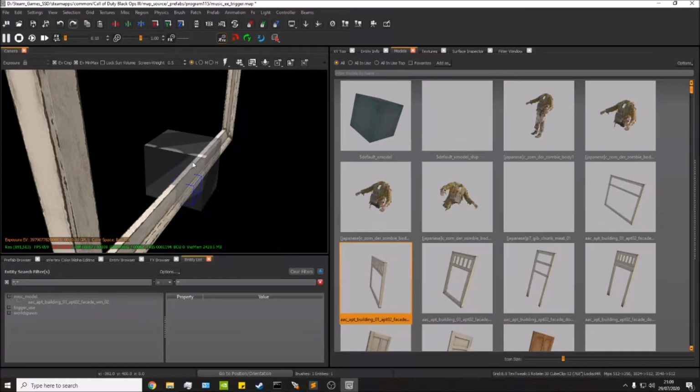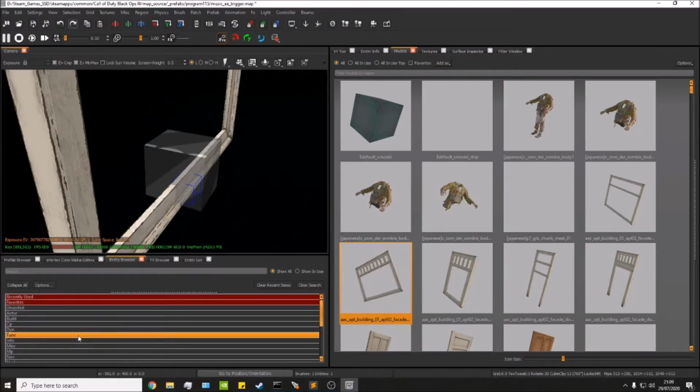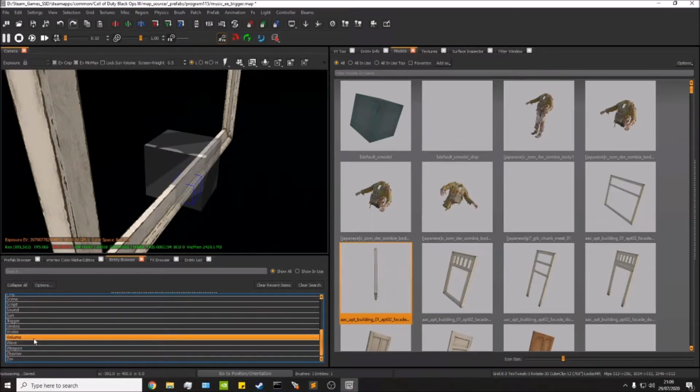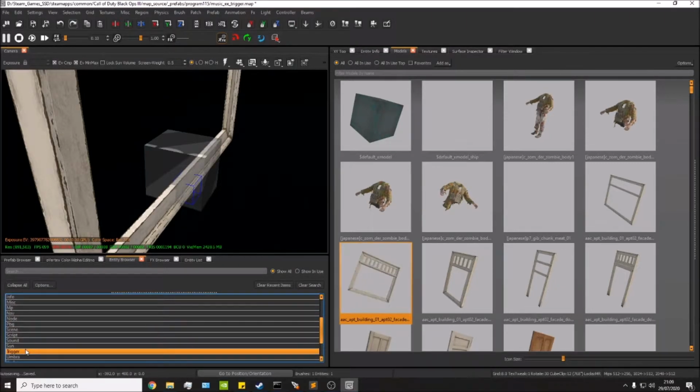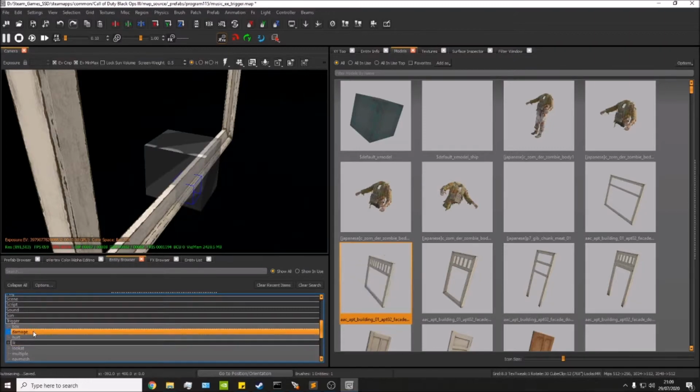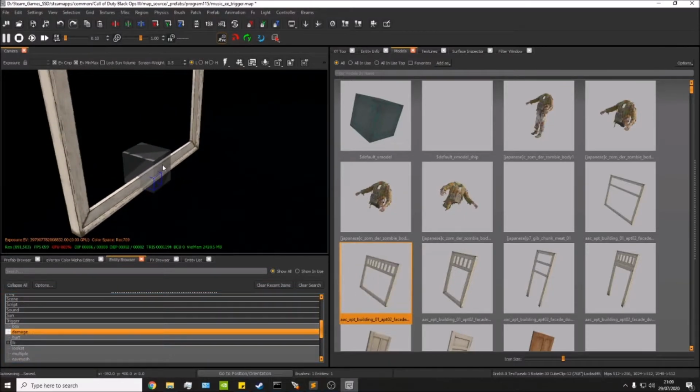You might be able to change this to a damage trigger, by going to entity browser, down to, when I find it, trigger and damage. So if you replace it with a damage trigger instead, and of course keep the KVPs, just sort of copy the KVPs over, that might also work. But for this video, I'm using a use trigger, just because, well,